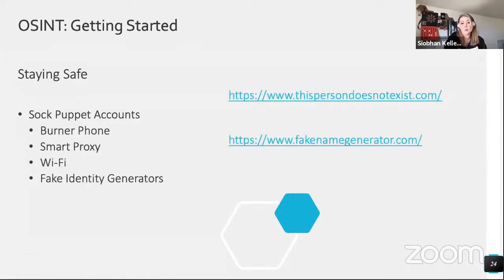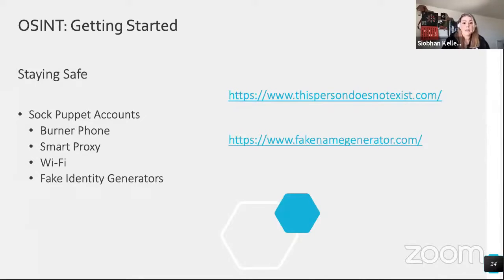So how do you create a sock puppet safely? When you create a sock puppet, also commonly referred to as a SOC, you should be doing so from an isolated system like a VM, ideally behind a VPN. That can create some challenges because some social media sites like Facebook don't allow that. There are a couple ways around it. One is a burner cell for verification.